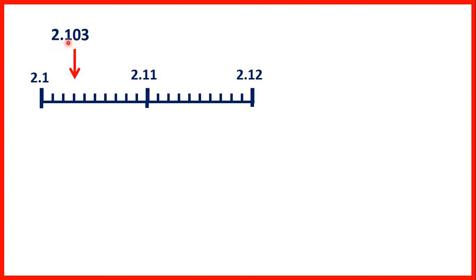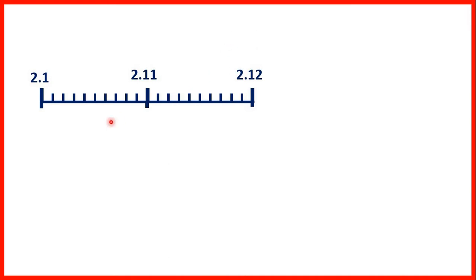If we wrote 2.13, that wouldn't make sense, because you can see that after the value we need to label, we have 2.11, then 2.12. So 2.13 would be the next labelled value if we continued the same number line. So we need 2.103. So here we have 2.109, and notice that that's 1,000th less than 2.11. Here we have 2.113 because that's 3 thousandths after 2.11, and here we have